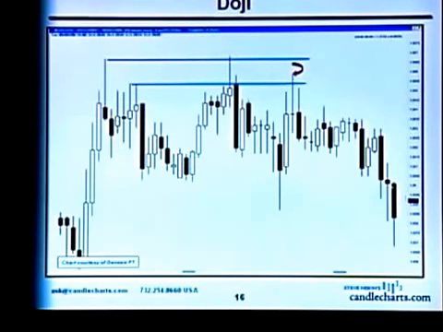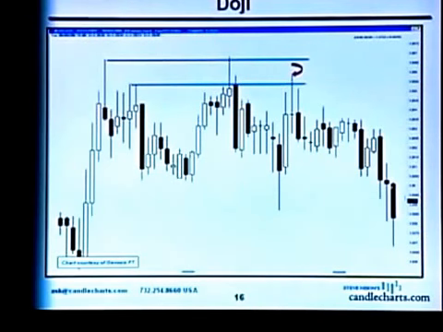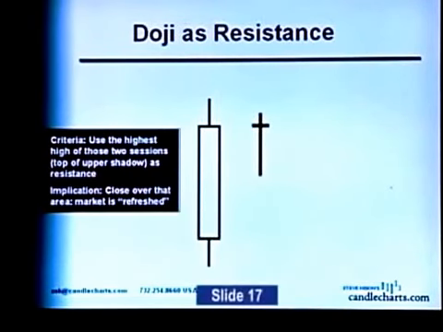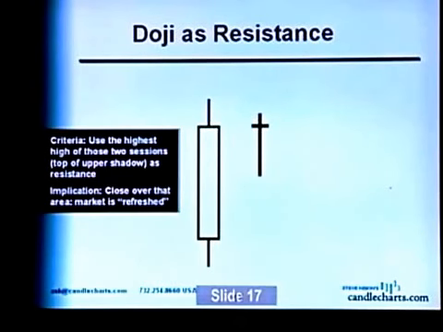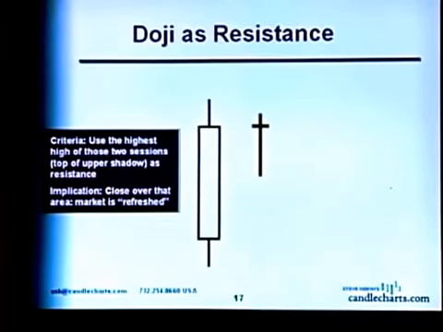Now, one of the questions that were asked is, how do we know a signal is false? Not every signal is going to work out. Candles are not perfect. What we could do is use the doji or the prior candle as a resistance area. So for example, what we do is we take the highest high, and this is going to get back to the question about making a high during the doji session,